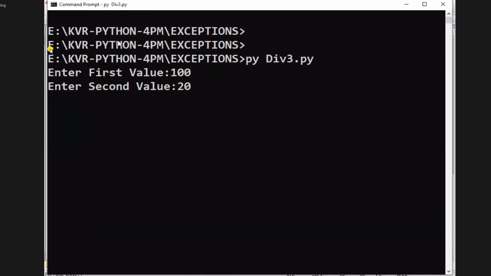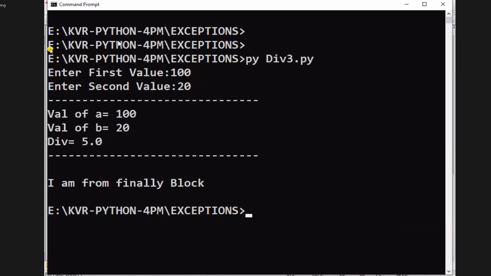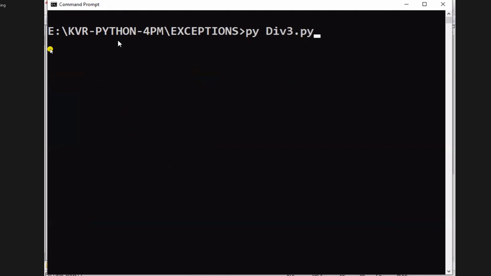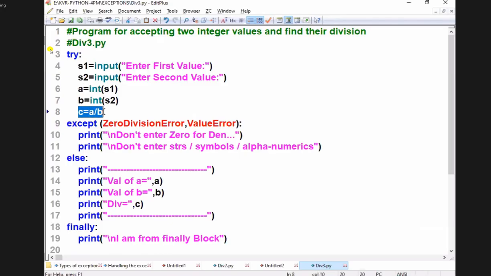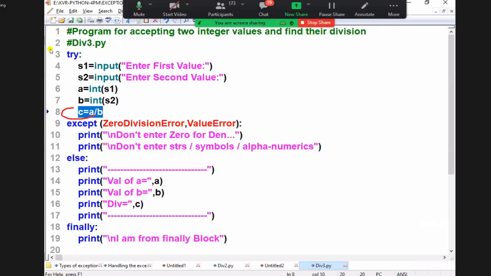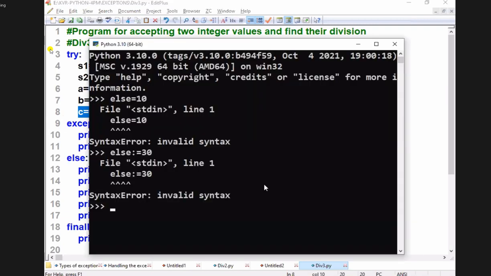No exception. No catch block, it is giving the else block and which block? Finally block. Beautiful. Now execute, students, 100 and what? 0. 100 and 0 means it is jumping out of this program and then looking for what? ZeroDivisionError is there, ValueError is there. Which one is matching? And it executes these messages. Now I am getting this answer. Finally, I am going to give you.